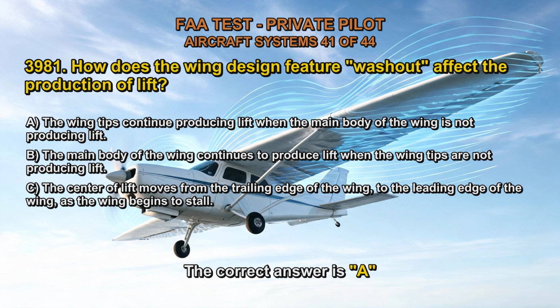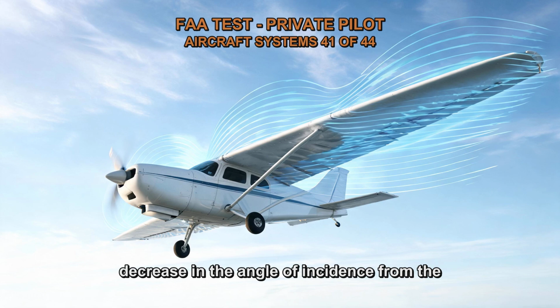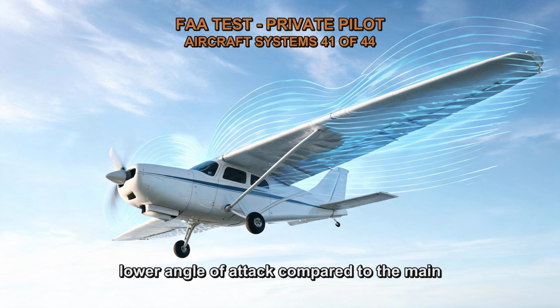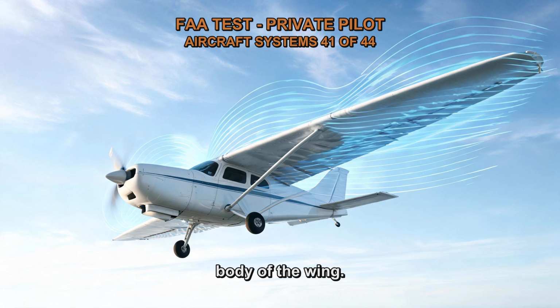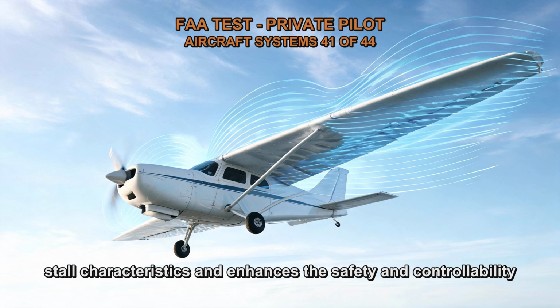The correct answer is A. The wing design feature, washout, refers to a decrease in the angle of incidence from the root to the tip of the wing. This means that the wing tips have a lower angle of attack compared to the main body of the wing. This design helps in producing a more gradual stall characteristics and enhances the safety and controllability of